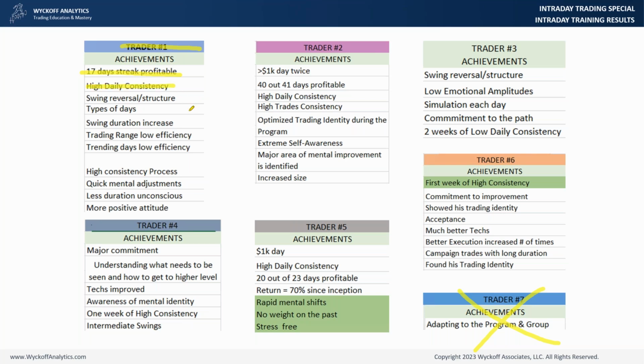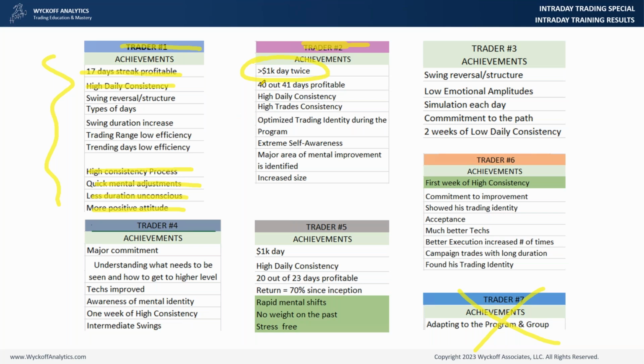High daily consistency, high consistency on the process, quick mental adjustments. I like that from trader number 1. Less duration of unconscious mind, more positive attitude. And this all has been developed throughout these 2 months. Trader number 2 achieved the average of 1K, $1,000 per day, twice in about